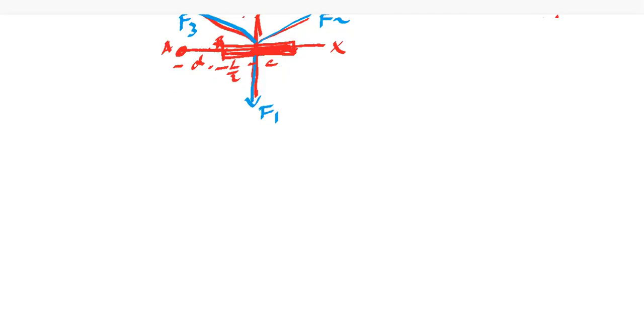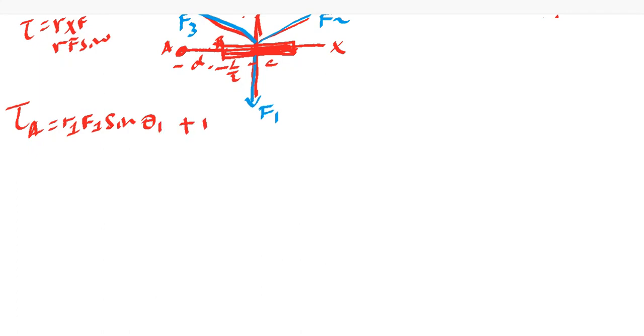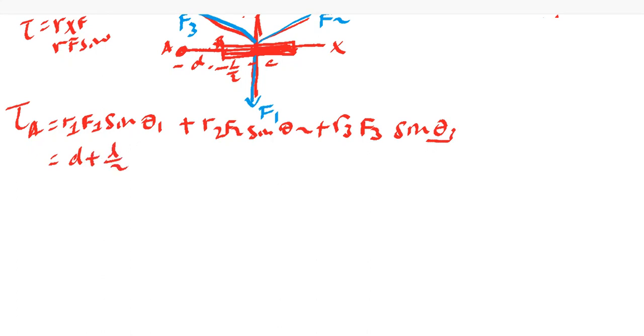ስለዚህ ፖይንት ኤ ላይ ሆነን እንየው የሞመንት ኦፍ ኢነርሺያቸው then torque on point A is given by this በምንድነው ቶርኪ ማለት r cross f or rf sin theta መሆኑን እናውቃለን። ስለዚህ ራዲየሱ ከዚህ እስከዚህ ያለው ማለት ነው። ስለዚህ ማነው እሱ ማለት ነው r1 f1 sin theta 1 plus r2 f2 sin theta 2 plus r3 f3 sin theta 3. r1 ማለት ከዚህ እስከዚህ ያለው d plus l over 2 ማለት ነው አይደል? ከዚህ እስከዚህ ስለሚሆን ታይምስ f ያው f ኮንስታንት ስለሆነ sin 90 ፕላስ r2 እንደዛው r2 ማለት የf2 ማለት ነው d